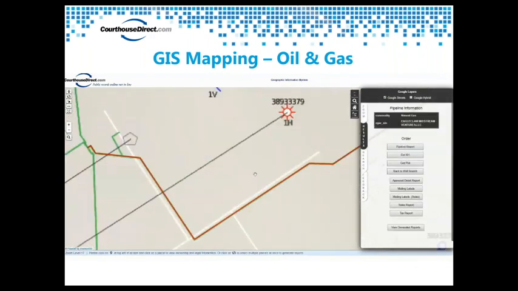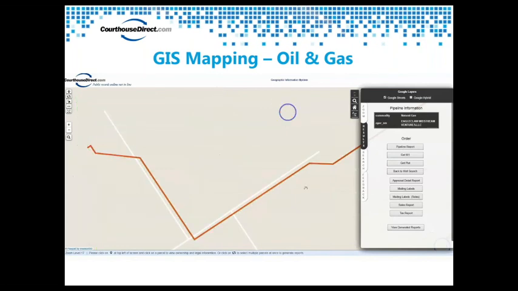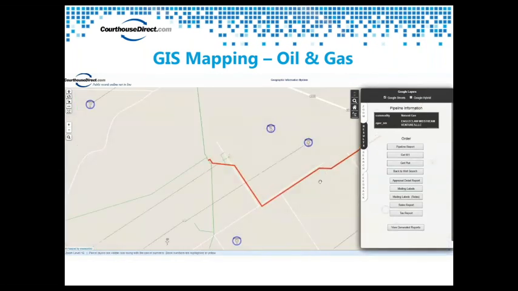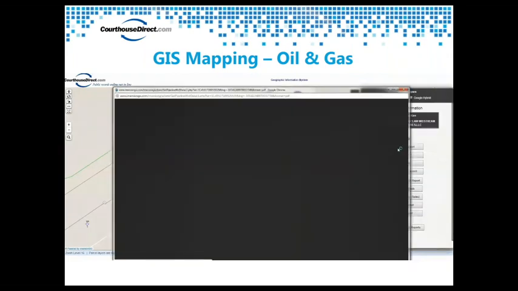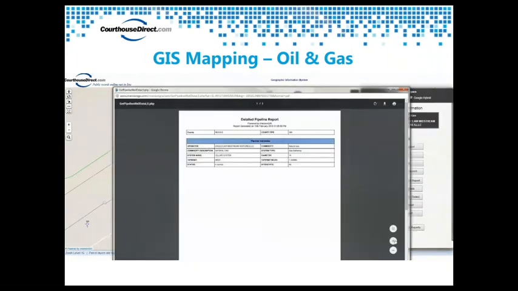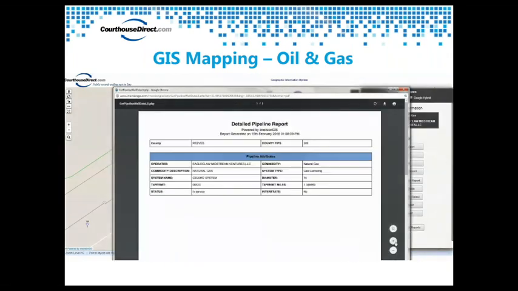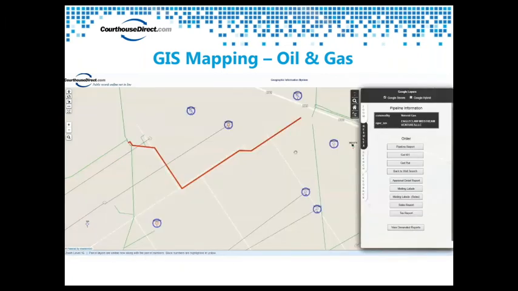So, I'm going to go ahead and click on one of the pipelines here, and we do have a pipeline report too. You can see it's colored in red, the actual pipeline that's designated here. And then we want to look at the pipeline report. As we look at this, we see Eagle Claw Midstream is the owner. It's a gas gathering line, and we see it's a 16-inch diameter, and it runs for a distance of 1.34 miles. And so typically, 9 times out of 10, whoever the operator is on a pipeline is also the owner